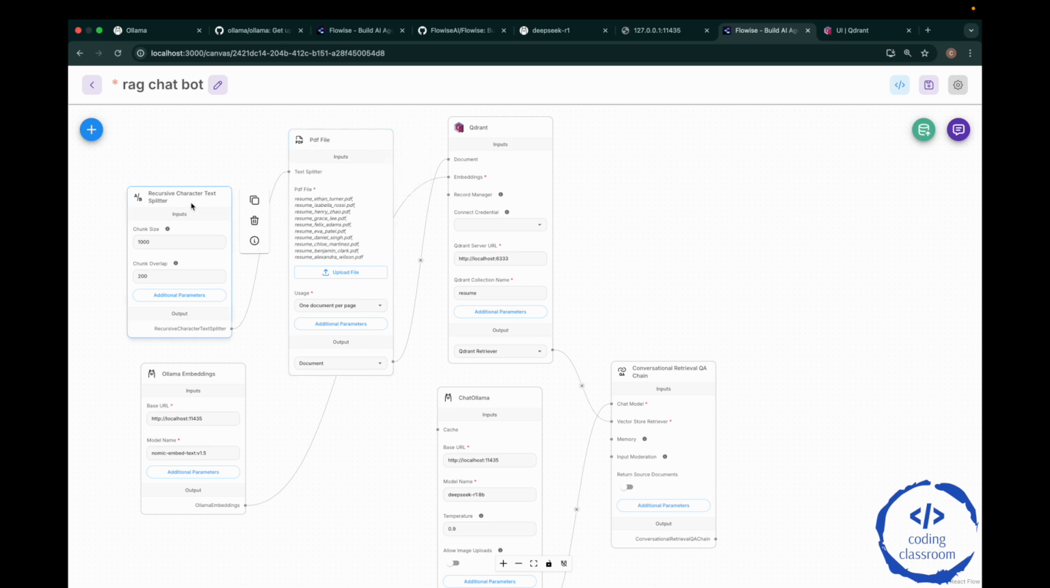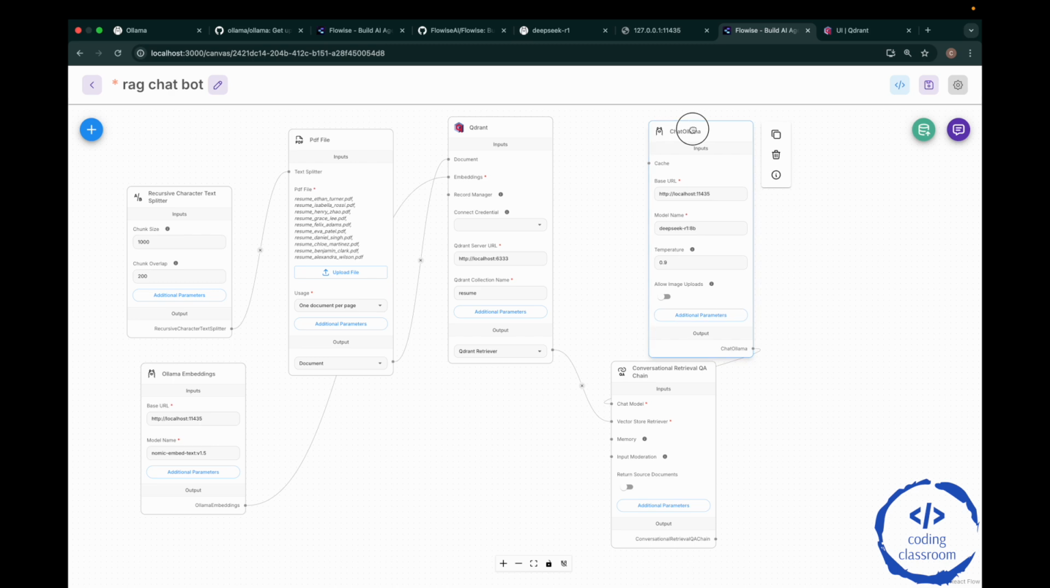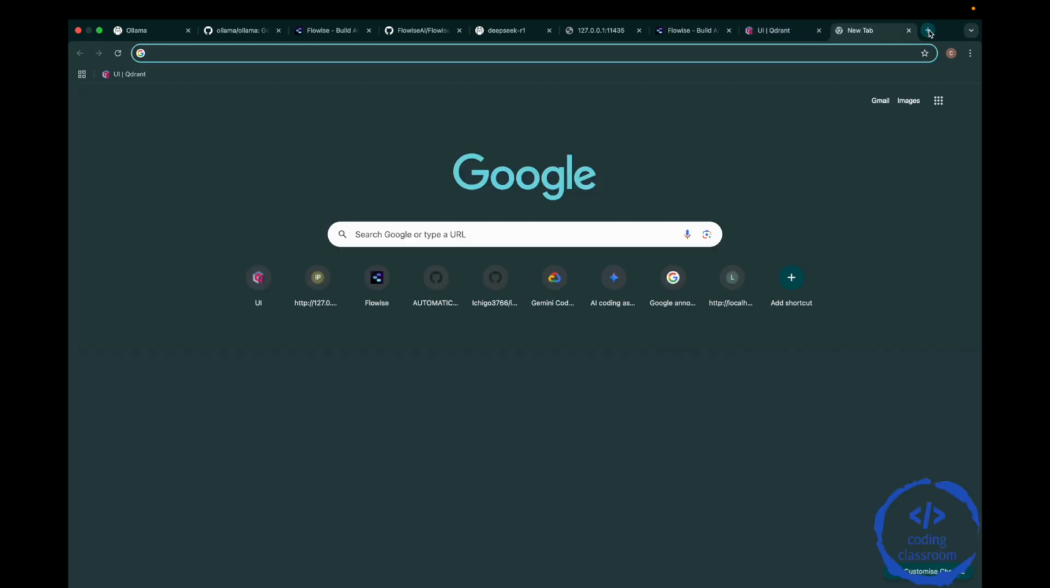Try using different text splitters and see how your results vary with the same input. Also try using different embedding models and different models to chat. Try changing the temperature, and that's how you will be experimenting with different things and learn better. Make sure that you don't use any high parameter models. What I mean is,